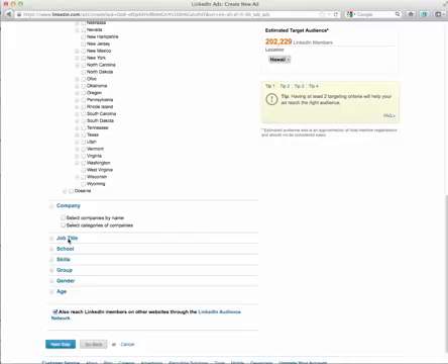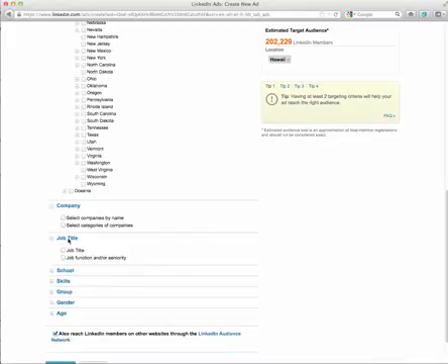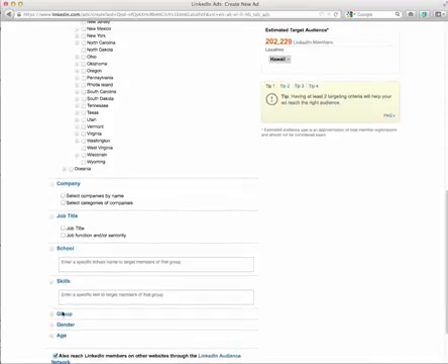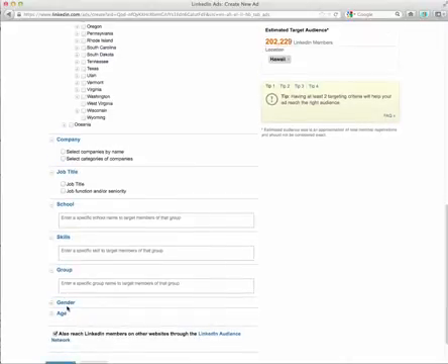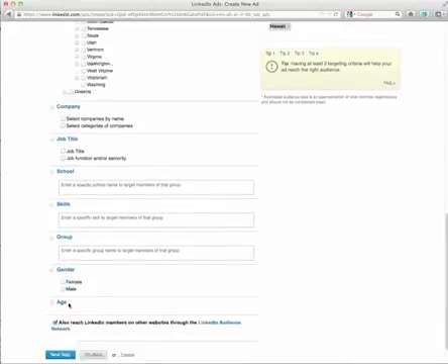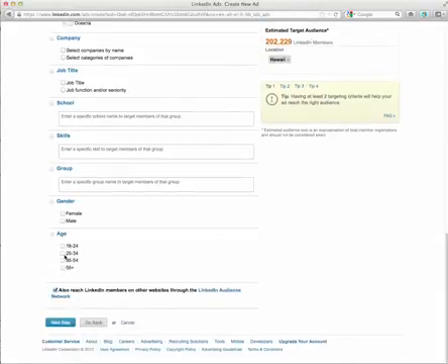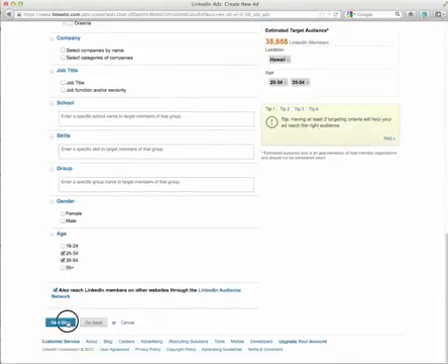You can go by job titles, or job function, which is more generic, and seniority. Are they senior execs? Are they entry level? School, if you want to have only people that went to a certain college, you enter that there. If they have certain skills, if they have a specific group on LinkedIn that you want to target, male or female, if you want to pick one or the other, and then age groups. So next